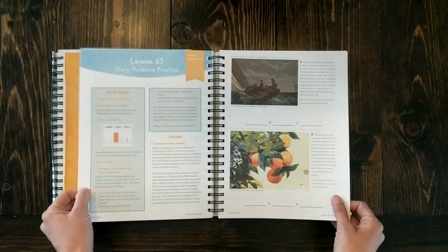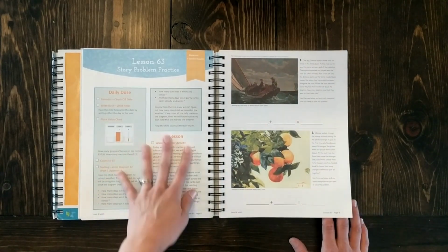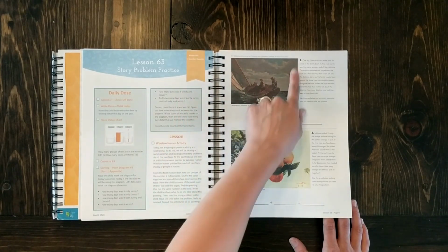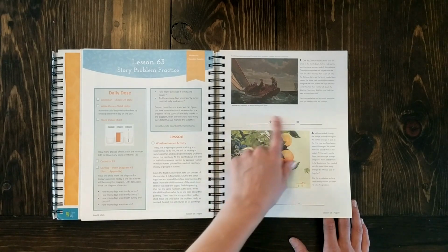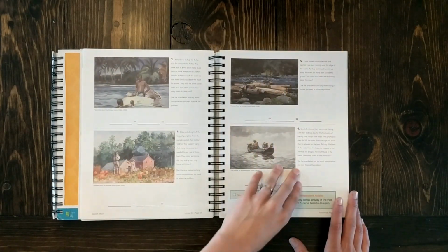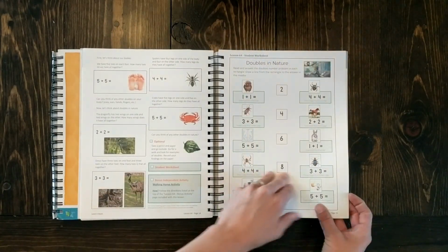I'll just kind of give you a quick flip through. Ooh, here's another one with art. The art activity, now they're going into including more art, talking a little bit about the picture or the painting that's done, and then this one is going into addition, which is something that's talked about in course book 2 or course book 1. They talk about